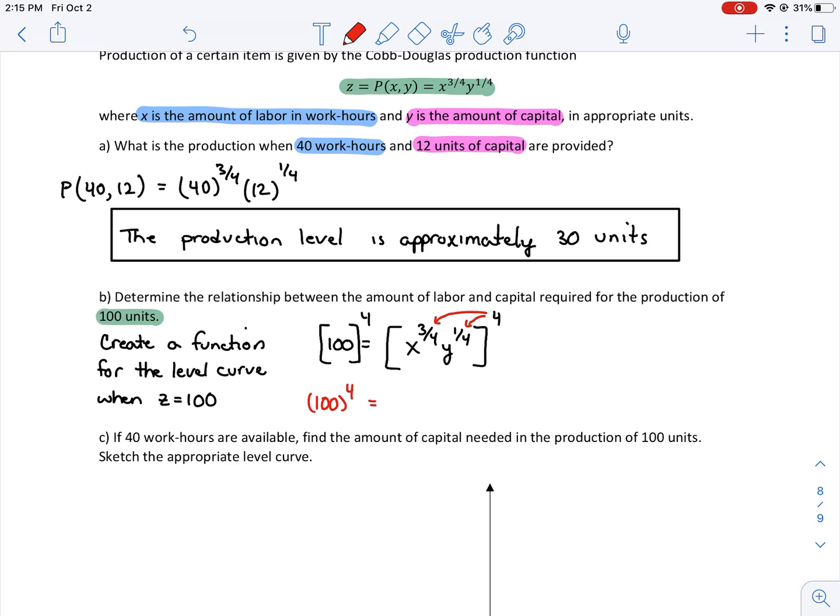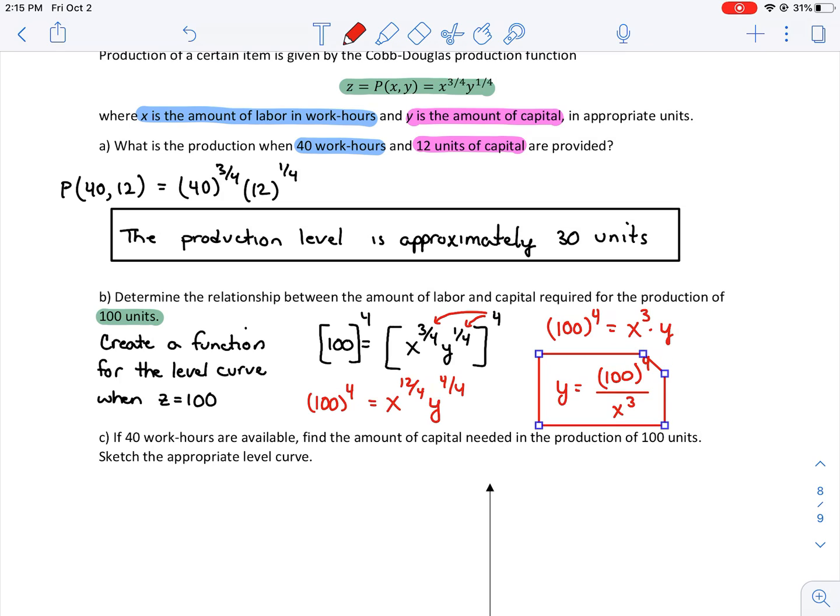So 100 to the 4th power is equal to x to the 3rd power times y. So y is equal to 100 raised to the 4th power divided by x cubed. So this function is the function for the level curve when z is